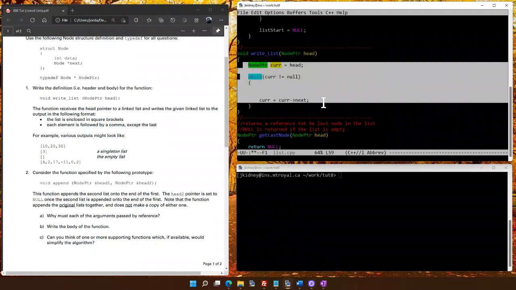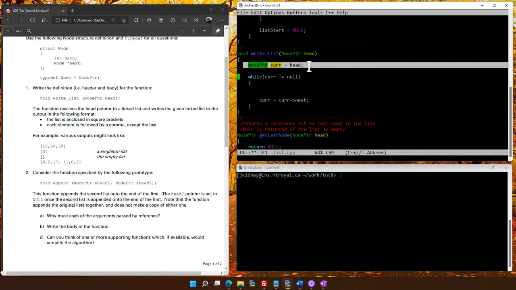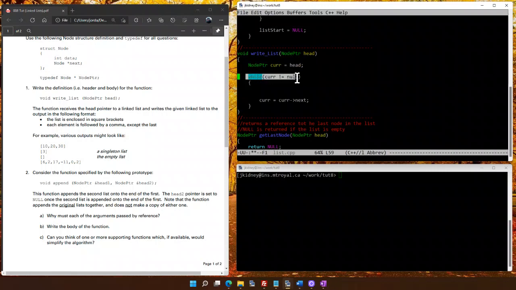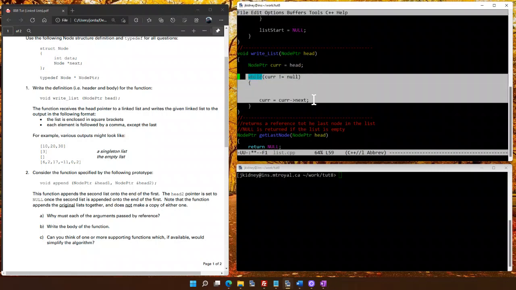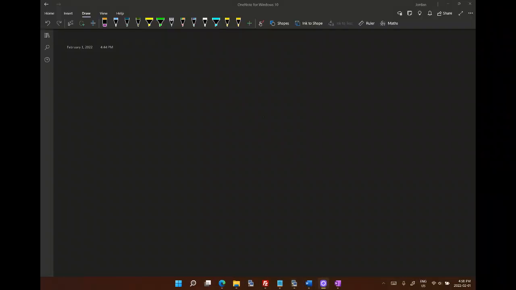It's this code you're seeing here for this entire time, so my apologies. So you set a current reference to actual head. You have the while right here, so current does not equal null, so you don't move off the end of the list. And then you have cur equals cur arrow next for stepping forwards. So my apologies. So now if I go back to my actual drawing, and be careful switching through the actual screens,